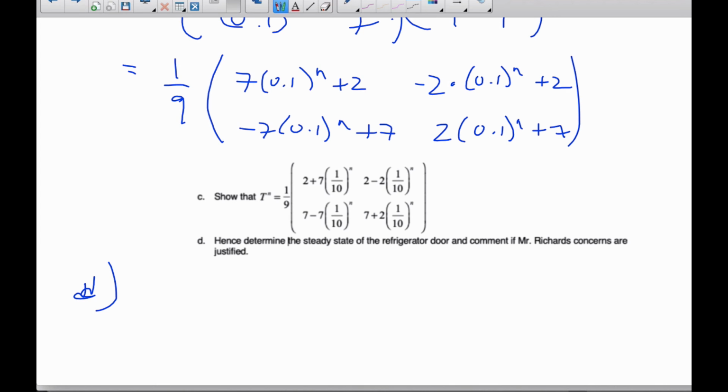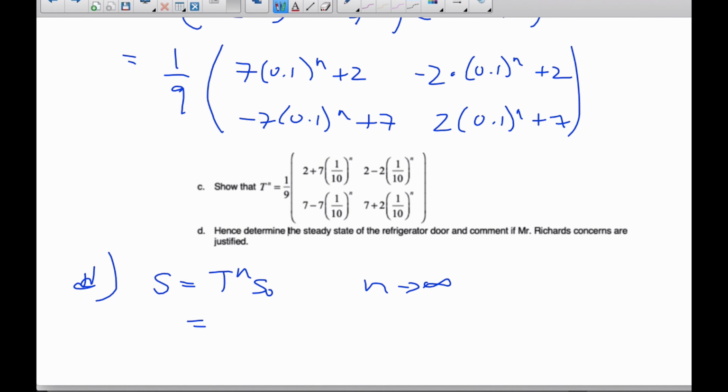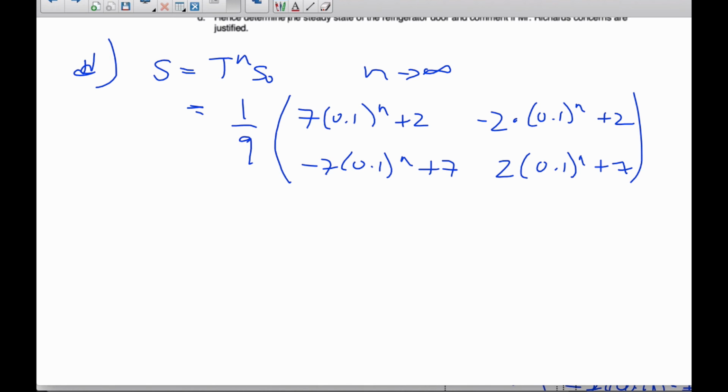Next part then, D says, hence, determine the steady state of the refrigerator door and comment if Mr. Richards' concerns are justified. Well, if I want to find the steady state, S, that means I can take T to the power n times S0, and I want n to go to infinity. Well, that means I'm going to take this matrix that's up here and multiply it by Mr. Richards' claim of 0.1, 0.9, which we were told in the initial question was S sub 0. When we take n and go to infinity,